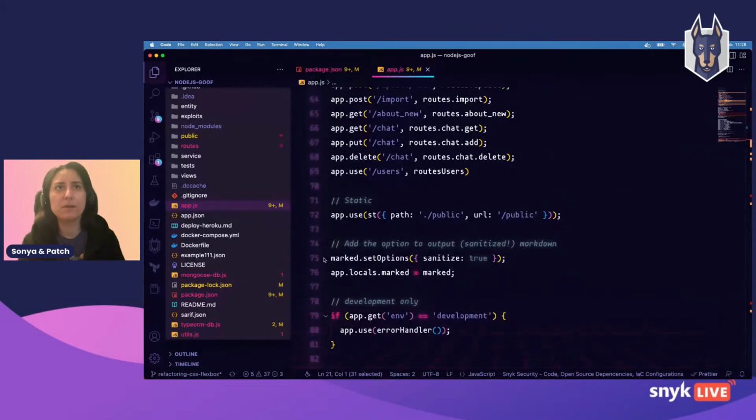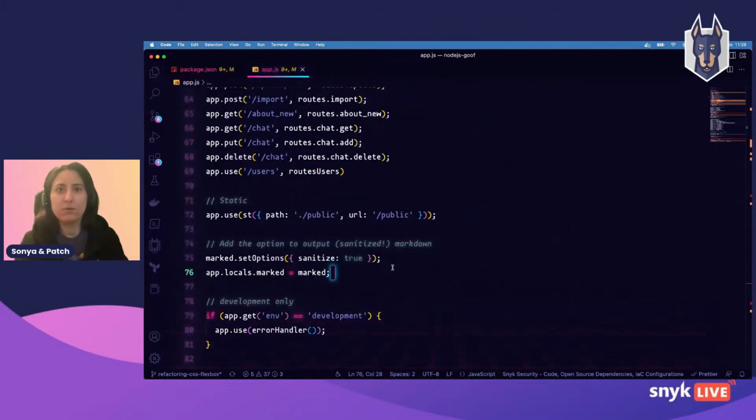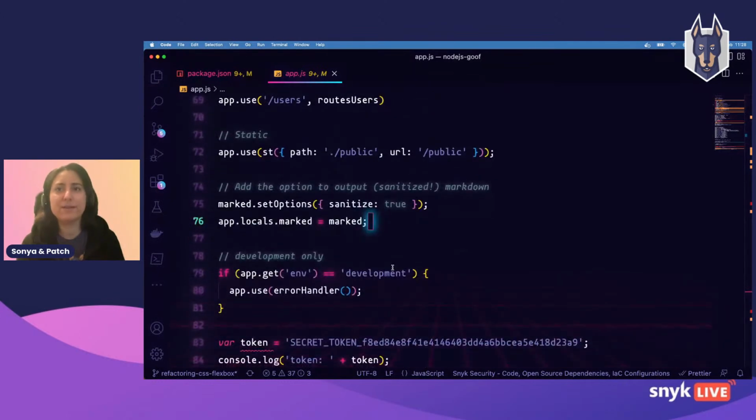Here. Cool. So we can see that we've actually done a little bit of due diligence. We've set up the options. We set up the flag to true for sanitize. So I did a little bit of research and tried to make it a little bit safer, but we've actually failed because we managed to bypass that sanitization.